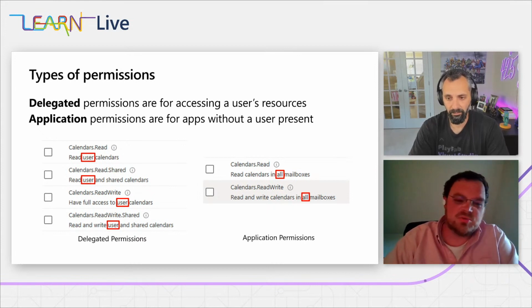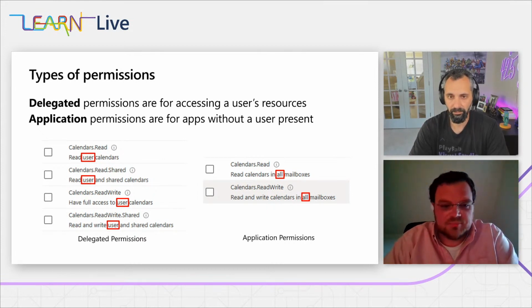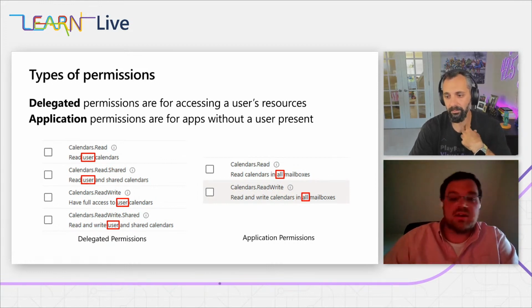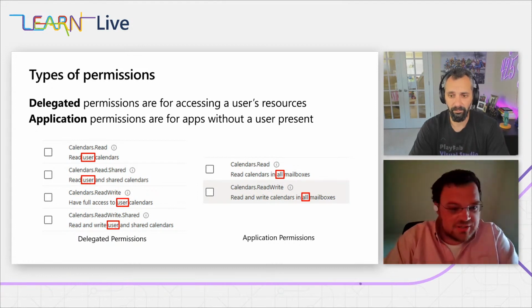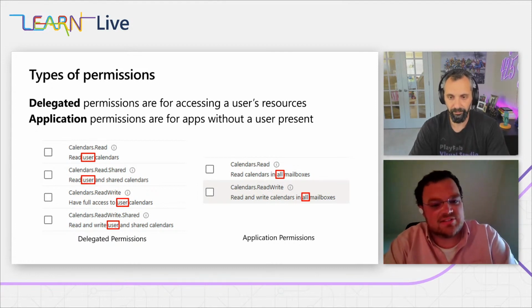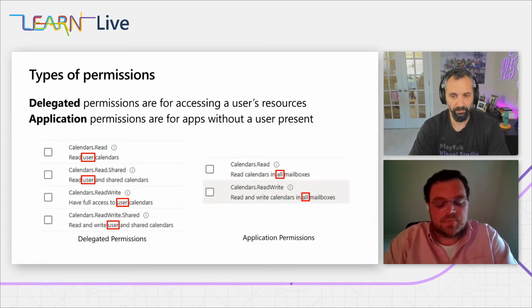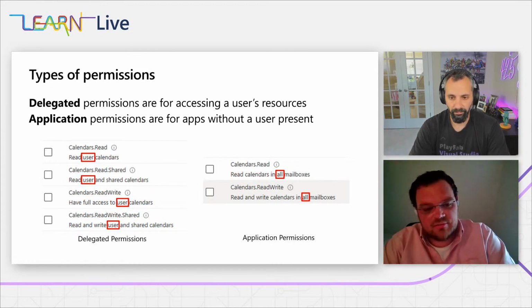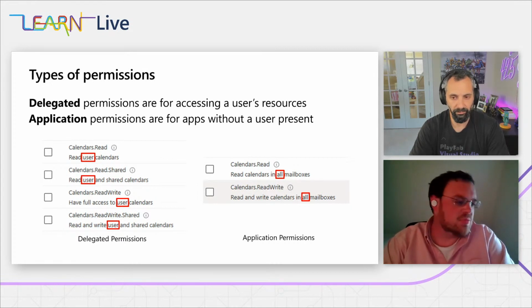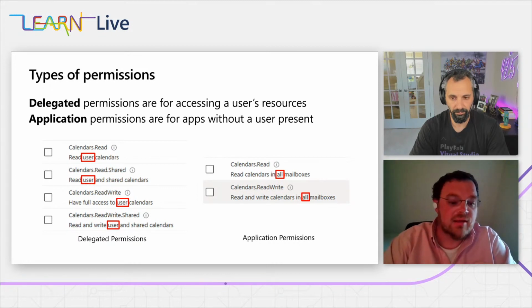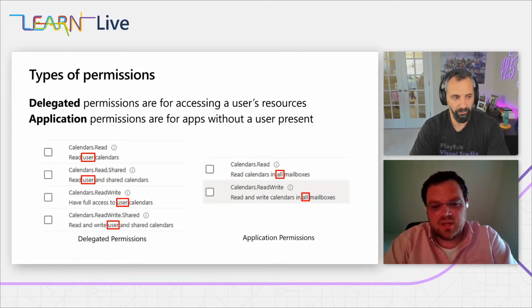If you're familiar with old school service accounts, like in Windows on-prem, for example, or not just Windows, you may have a service account, and that service account accesses something, but there's no user sitting there, and that's the key. These things have access to do, for example, read and write everybody's calendar in all mailboxes. So app permissions are useful in the sense that they're really good for things like integration. So if you need to do big exports or big imports, or you want to schedule a task or a service, something like that, but not really good in terms of trying to access an